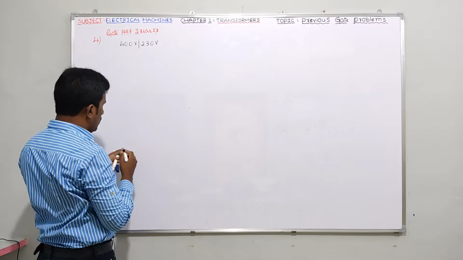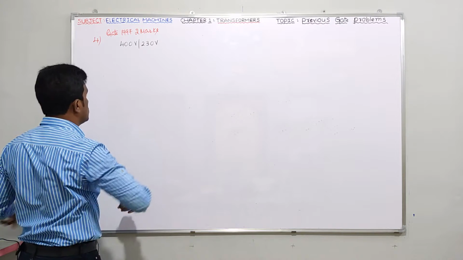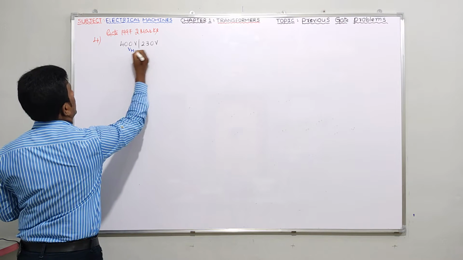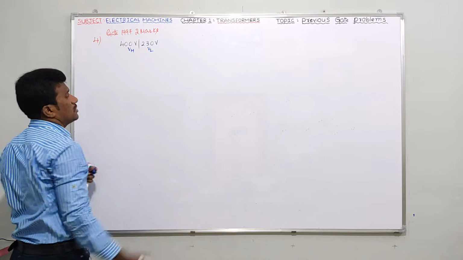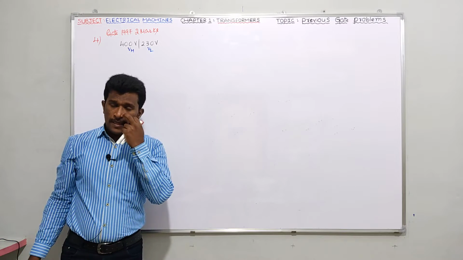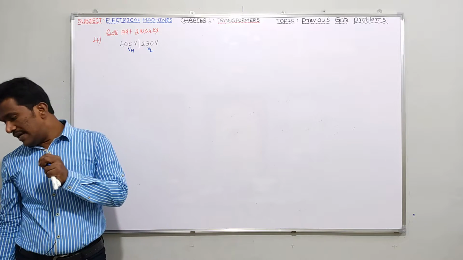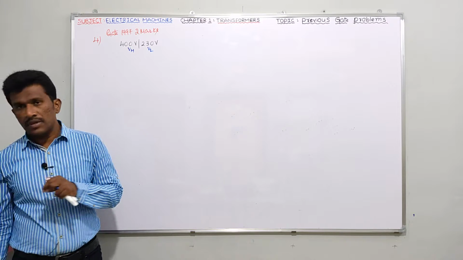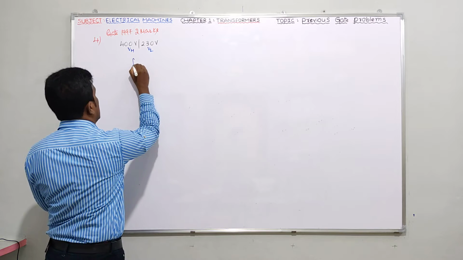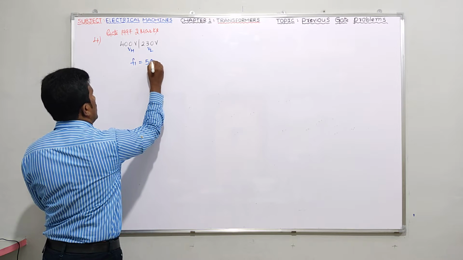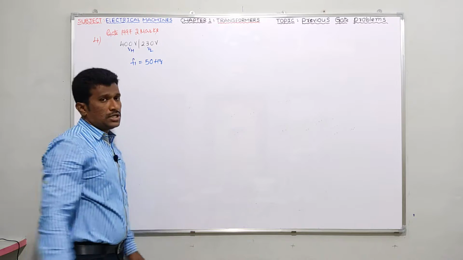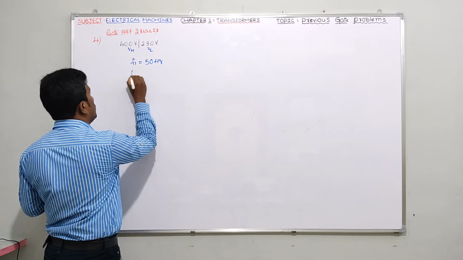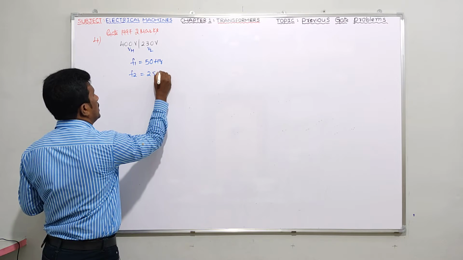We know that with 400 volts to 230 volts given, common sense says I can take this one as the VH value and this one as the VL value, high voltage and low voltage. He clearly mentioned the low voltage winding of a 400 volts to 230 volts single phase 50 Hz transformer. So initially what is the frequency? He is saying 50 Hz. It is to be connected to a 25 Hertz supply. That means F2 is 25 Hertz.